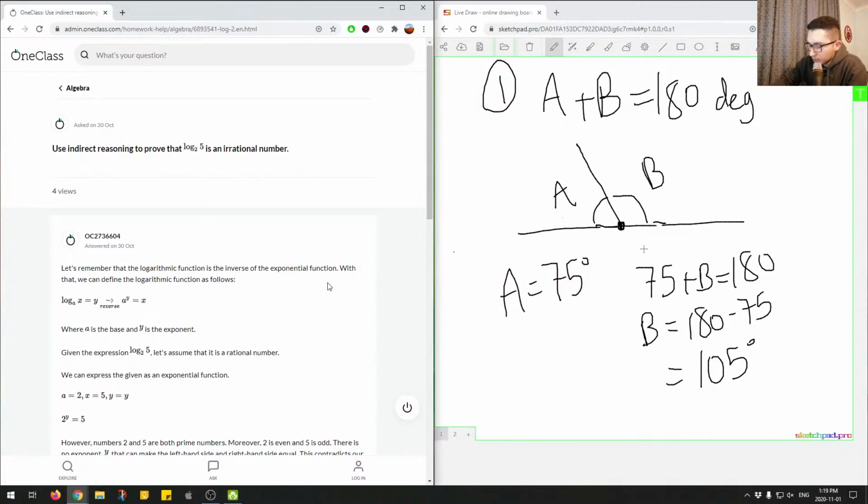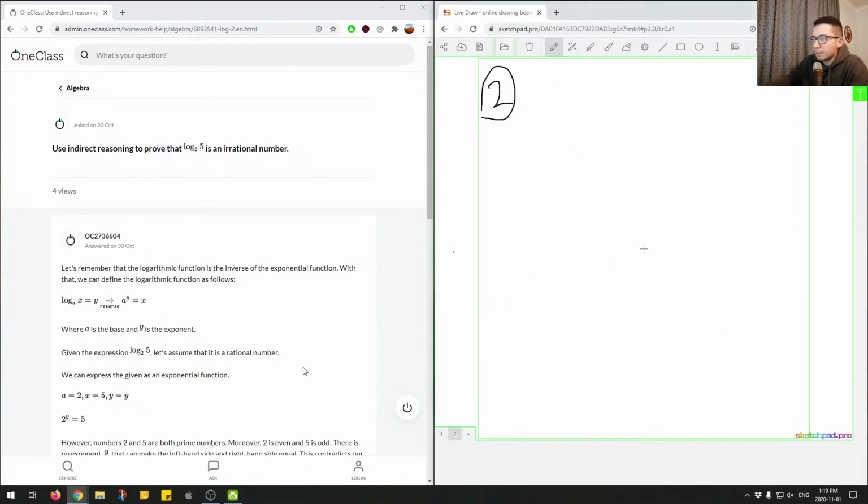Okay, let's move on to question number 2. So this next question is asking us to use indirect reasoning to prove that log base 2 of 5 is an